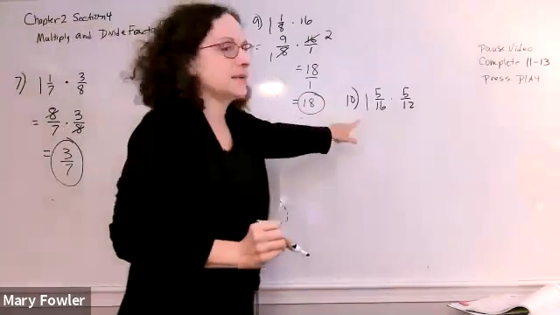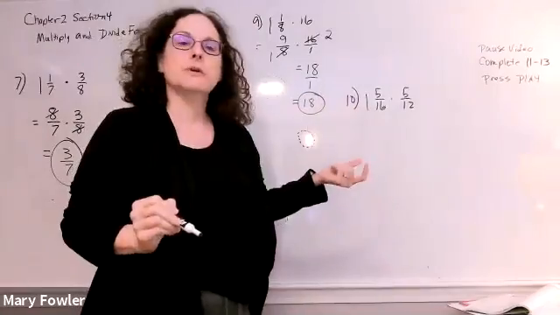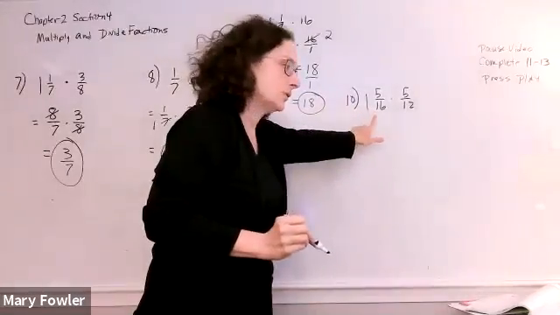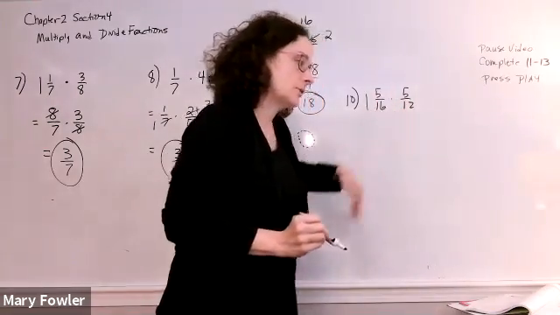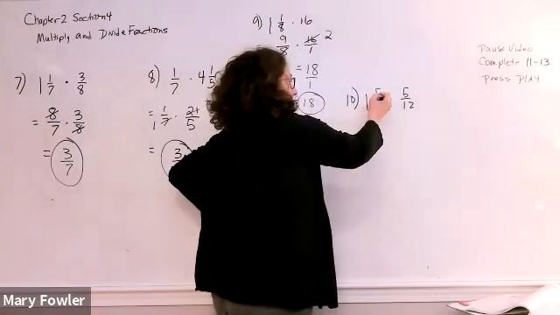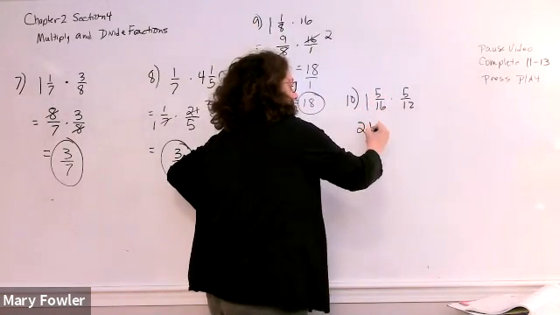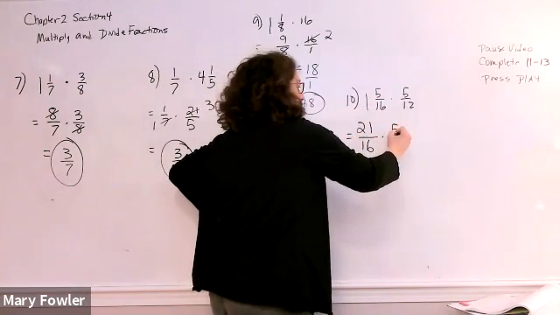And then number 10 is pretty similar. We're going to do just what we did. We're going to convert the mixed number to the improper fraction. Then we'll look for common factors and multiply. All right, so this 16 times 1 is 16 plus 5. It's 21 divided by 16 times 5